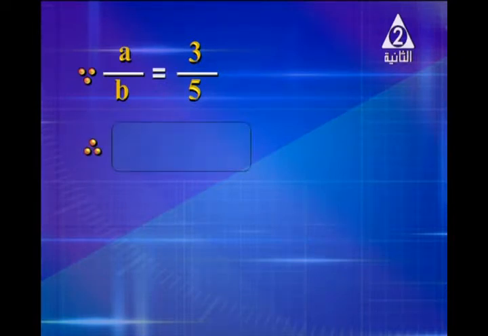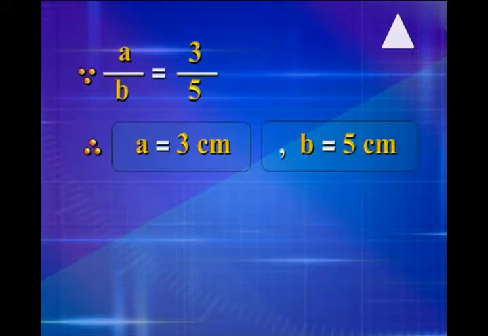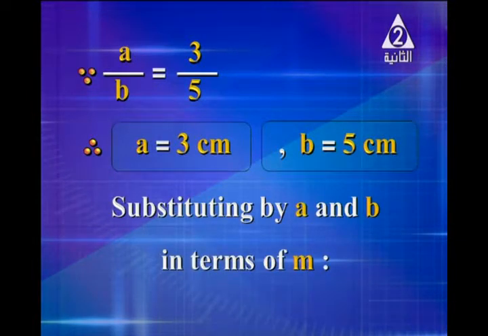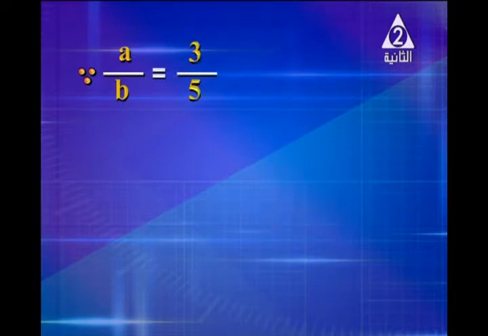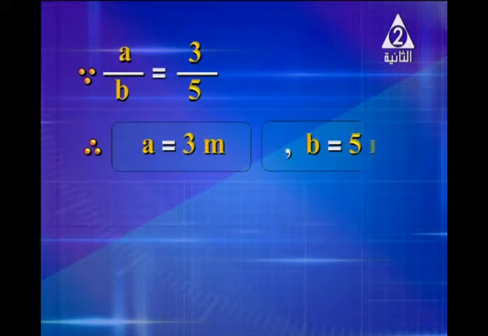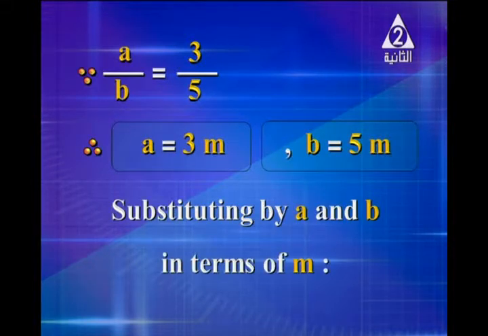Since A over B equals 3 over 5, therefore A equals 3M, B equals 5M. Substituting by A and B in terms of M,